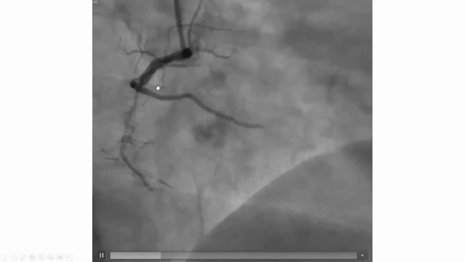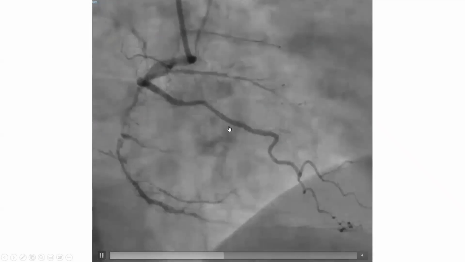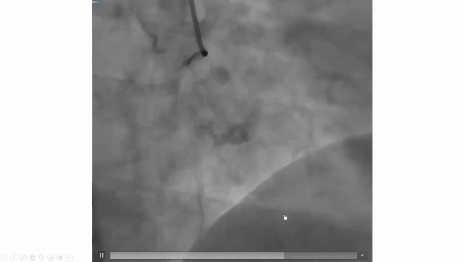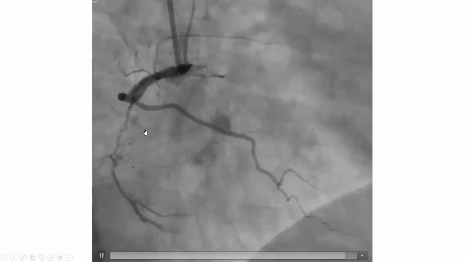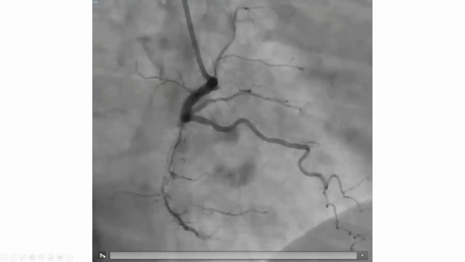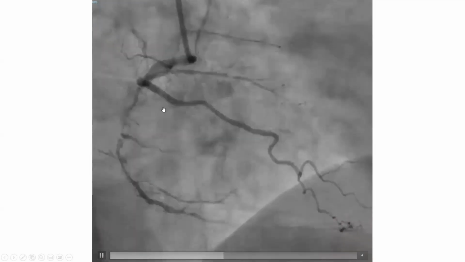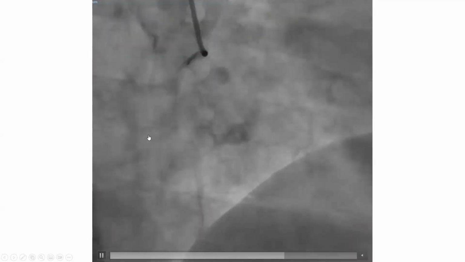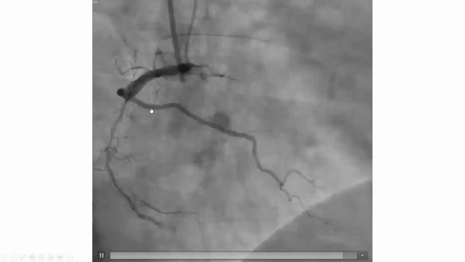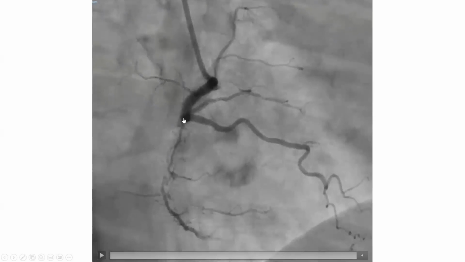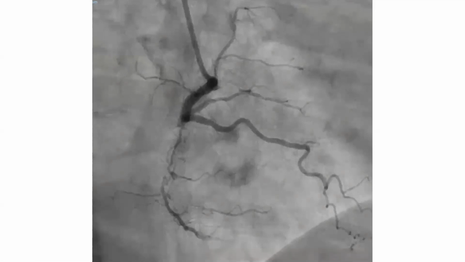Why would the flow here from the acute marginal, look at it, the acute marginal is feeding the distal vessel faster than this antegrade flow, which tells you that those are likely collaterals like that acute marginal. This is not a true intimal channel. So all this picture tells you this is a collateral. This is not an intimal channel, like that acute marginal, which is a collateral, like the other flimsy branches, which are collateral. That caput medusa,